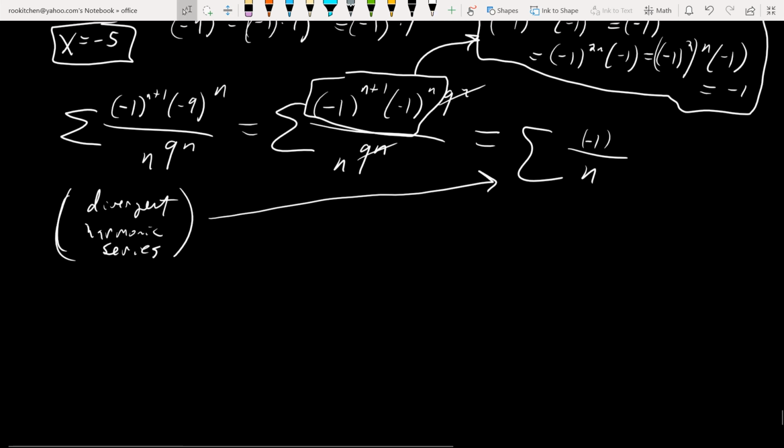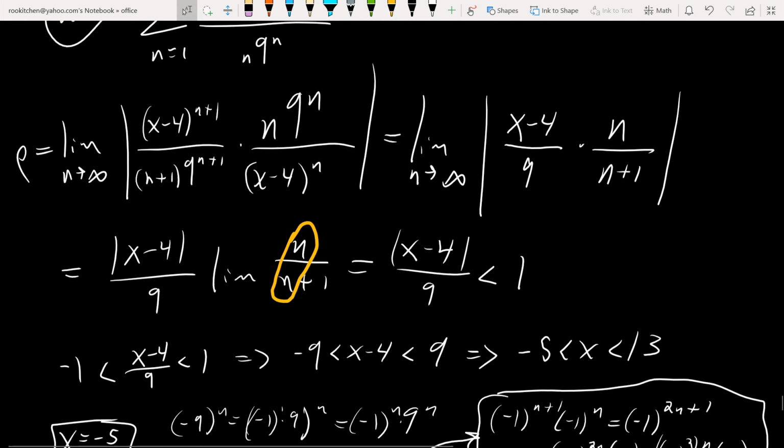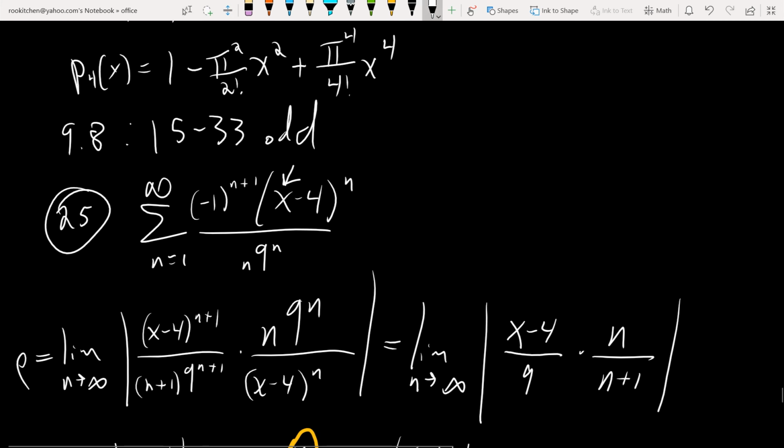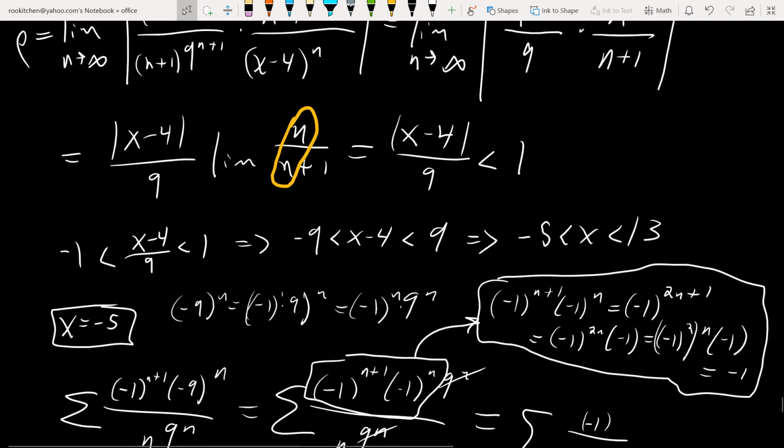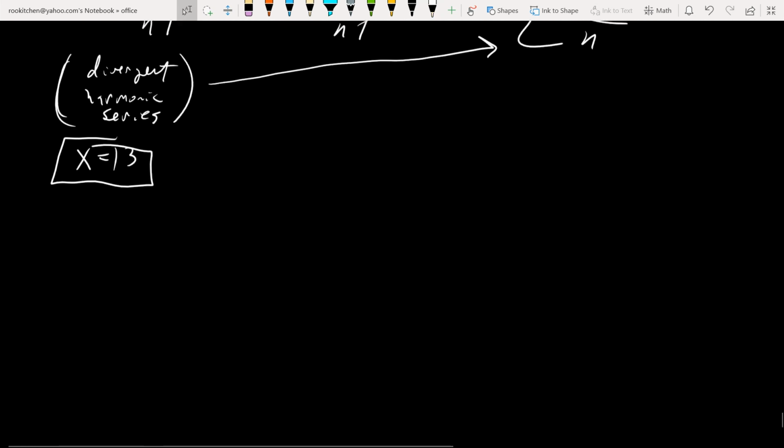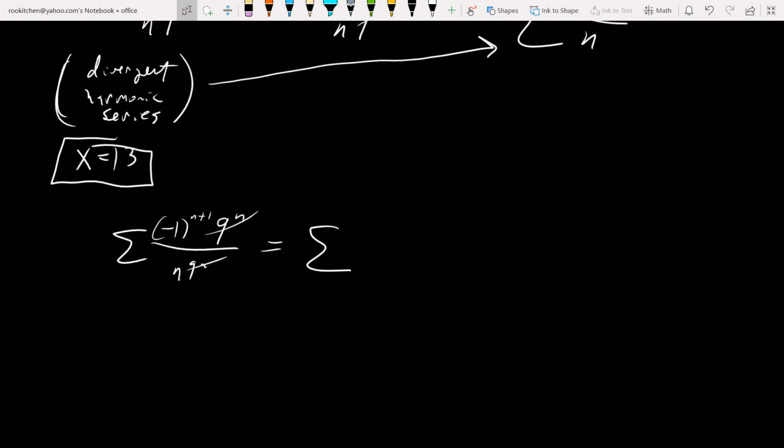Right? Okay, let's look at the other endpoint, 13. And now I plug 13 into the original series. So looking back at the original series, where that arrow is, I'm plugging 13 in there. So it'll be 13 minus 4, which is 9. Okay, so my series will be negative 1 to the n plus 1 times 9 to the n all over n times 9 to the n, which will equal the series, this time a lot easier, negative 1 to the n plus 1